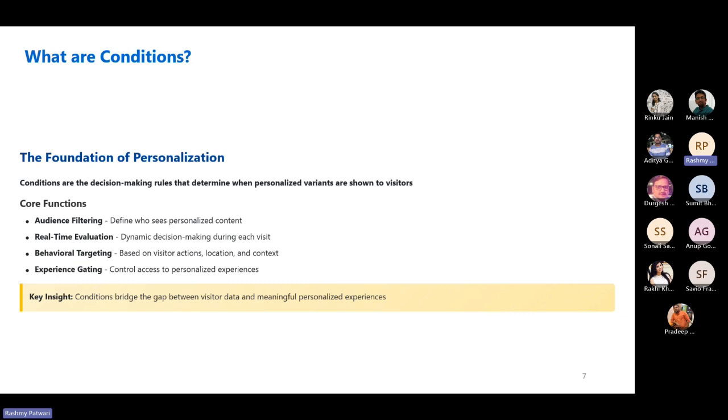We can also target segments of customers, like VIP customers or visitors who have subscribed to some membership. If it is an airline, customers may have subscribed to a blue club or silver club kind of membership. So based on that, and also controlled access to personalized experiences.